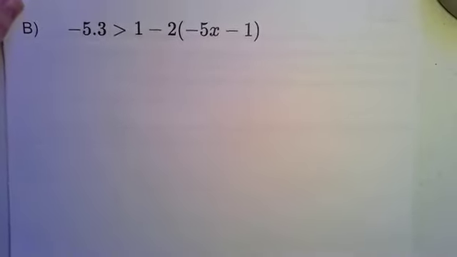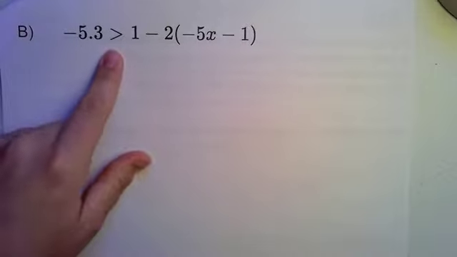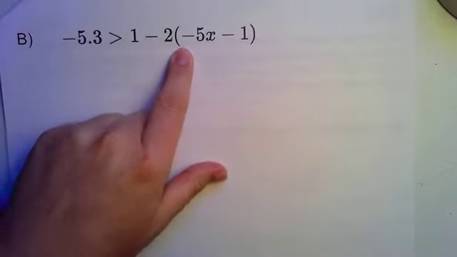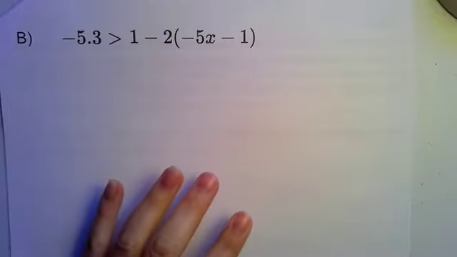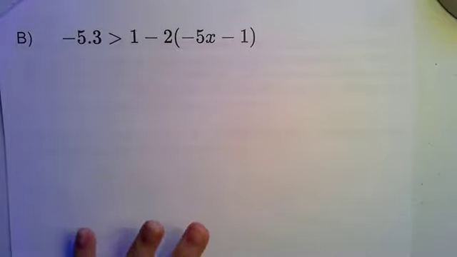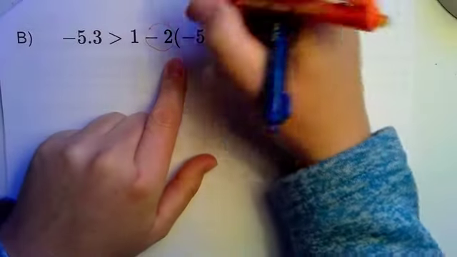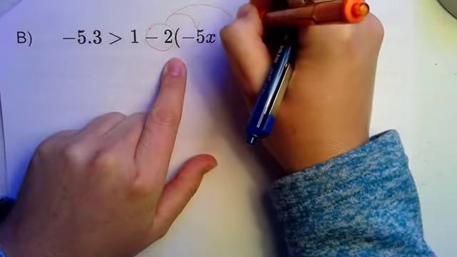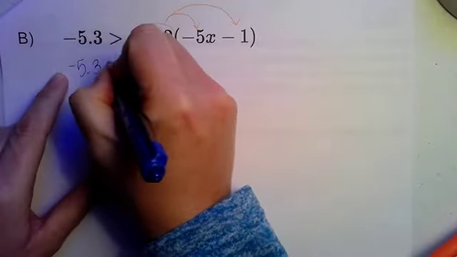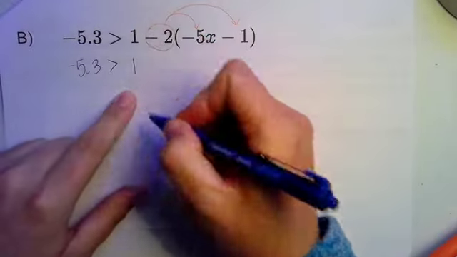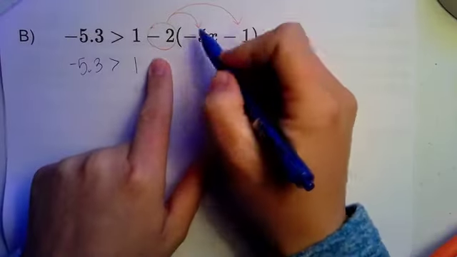Let's look at letter B. We have -5.3 is greater than 1 minus 2 times the quantity, -5x minus 1. Again, if you need to pause the video, feel free to do that. Otherwise, we're just going to keep moving right along. All right, again, I have grouping symbols, so I need to distribute. Everything else is just hanging out for a minute. So -5.3 is greater than 1, and now we need to distribute. -2 times